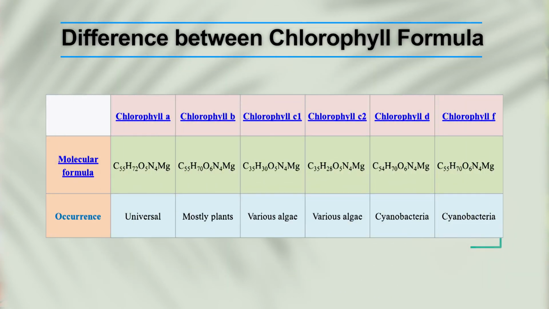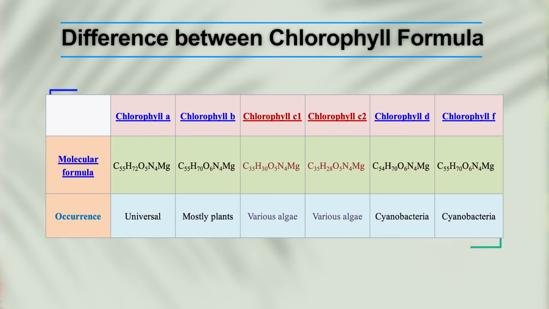There is a basic difference between the chlorophyll formulas. Now, as I told you, the basic chlorophyll molecule, which is the universal chlorophyll molecule, is chlorophyll A, and it has a formula of C55H72O5N4Mg. Chlorophyll B, which is producing starch, has a formula of C55H70O6N4Mg, and chlorophyll D or E almost have the same type of formulae, but